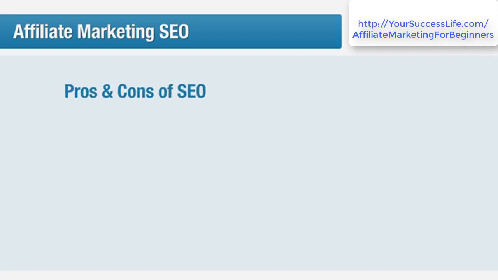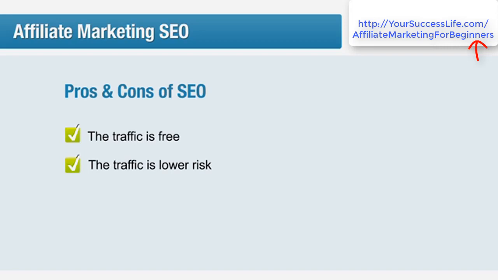The pros and cons of SEO. There are advantages and disadvantages to investing time in search engine optimization as your primary method to getting traffic to your website. The good points are, obviously, the traffic is free. The traffic you get through natural search results is free traffic, and that's very important. The traffic is lower risk. Because your traffic is free, it's less of a risk than if you were paying for traffic. You aren't under as much pressure to start turning a profit because you aren't losing any money. SEO is democratic. Your ability to rank well in the search engines isn't directly related to how fat your wallet is, unlike the paid search listings.